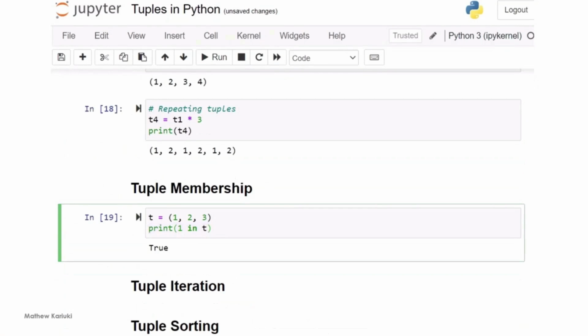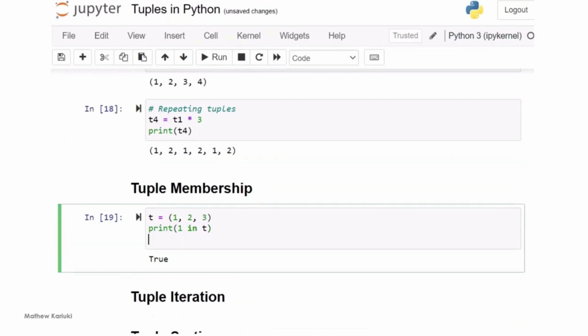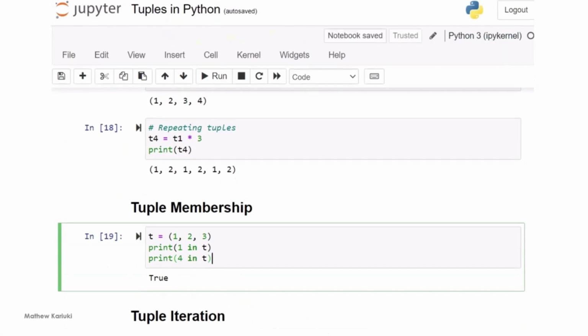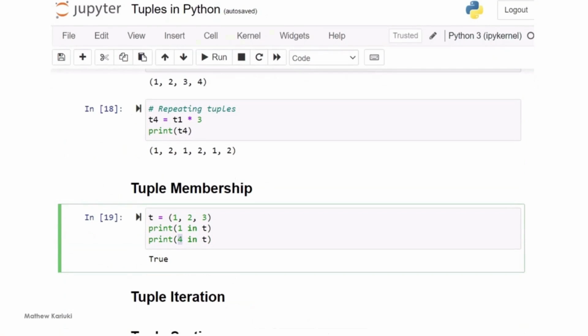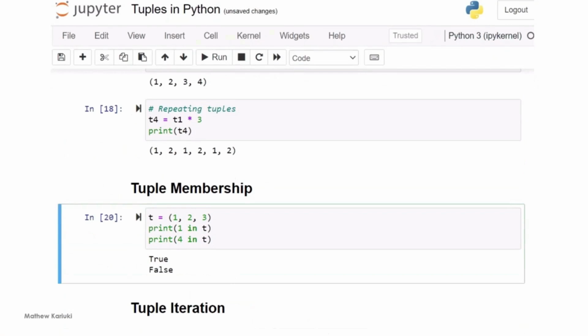Similarly, you might decide to check if a value 4 is in the tuple. So what happens is that Python will check if any of the values in that tuple is equal to 4. And if it's not contained in that, it's going to return either false or true. In this case, since 4 is not contained in that, it's going to return